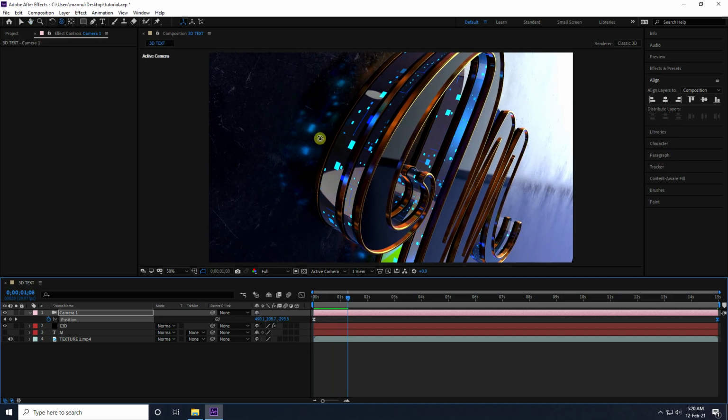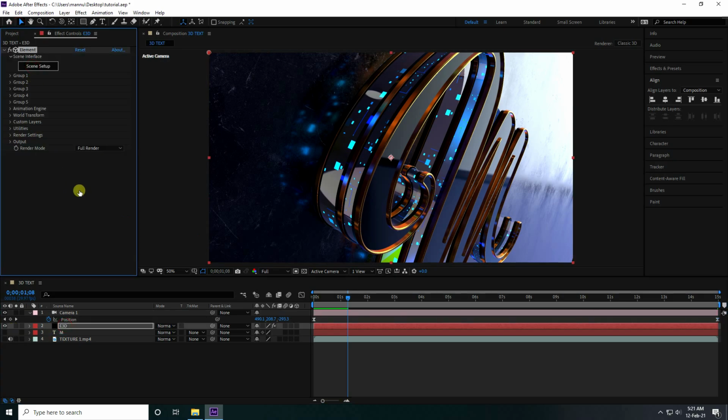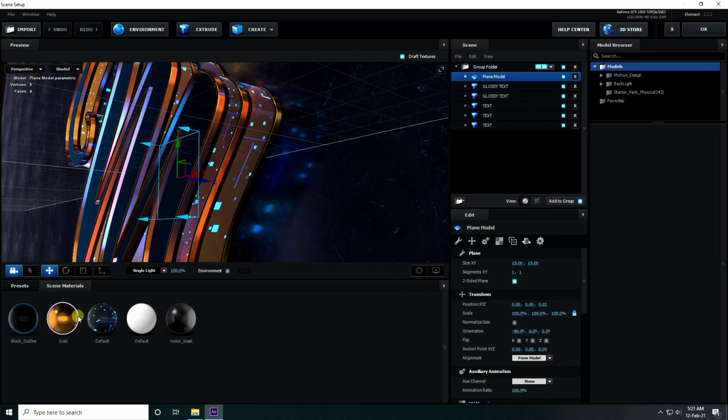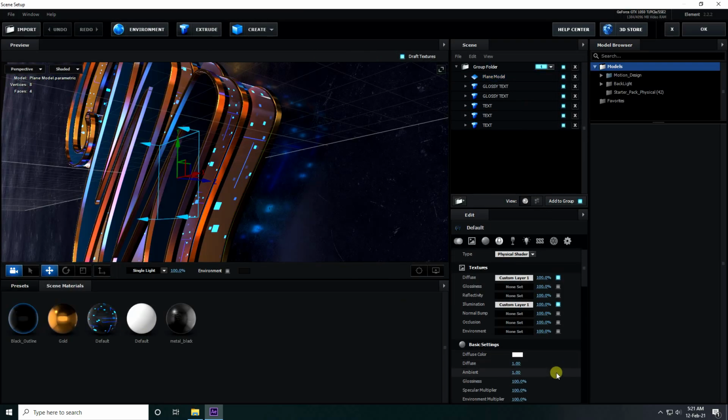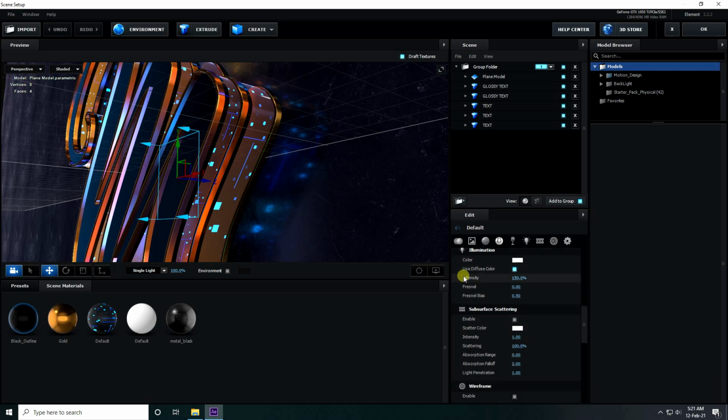Okay, so guys, now I change little bit intensity. So select E3D layer and screen setup, and guys, go to here default. Guys, go to down, hit this one, intensity I take 100 and press OK.